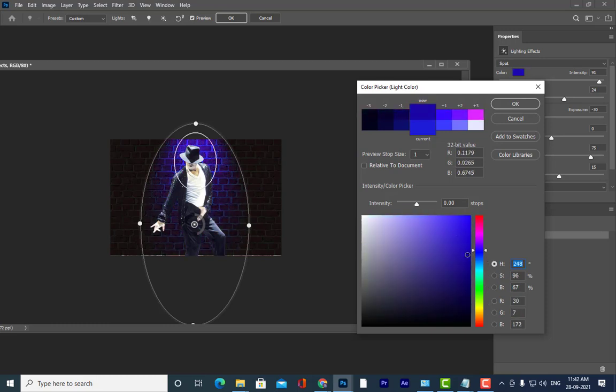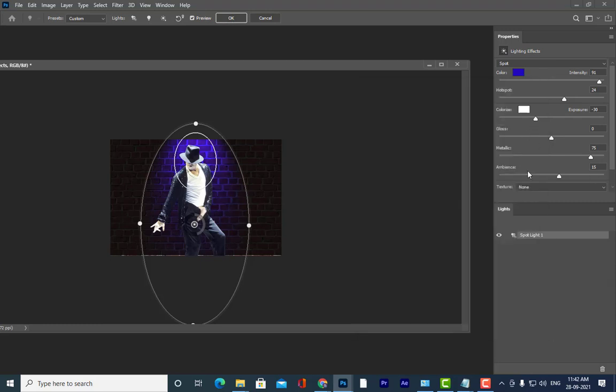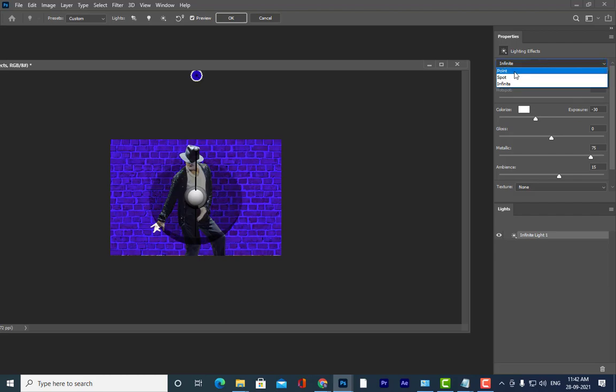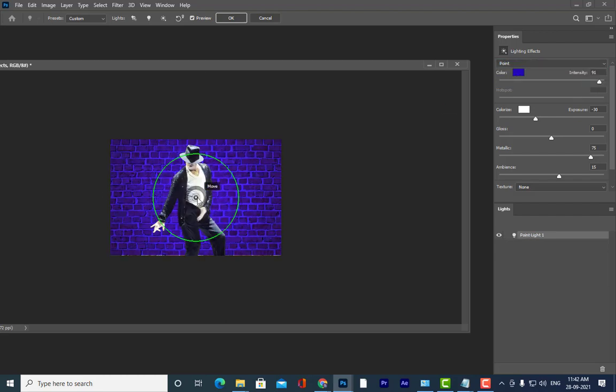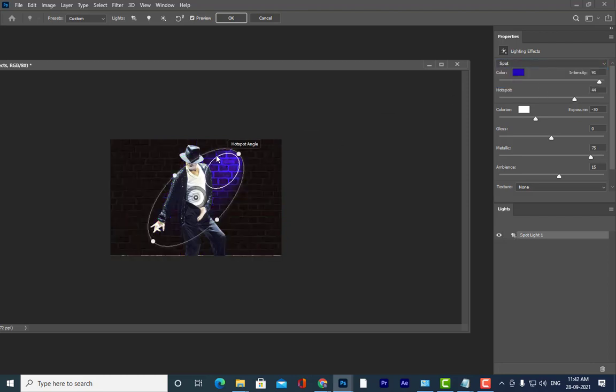So we are going to keep it as something like a dark bluish color. And then what else we can do? You can increase the hotspot here, range. Okay, so you can change the lights here. Here spotlight is there, you can change to some other lights also. Okay, point light also you can do. Point light looks like some tube bulb actually, but let's stick to the spotlight here. Okay, and then let's keep it properly.